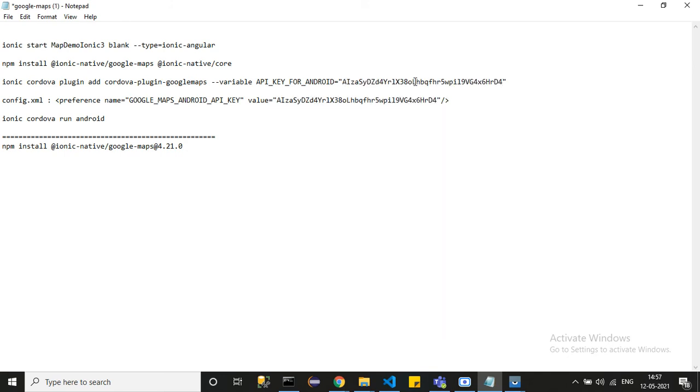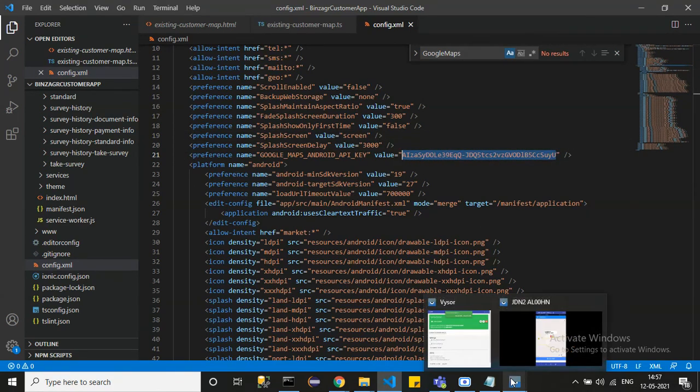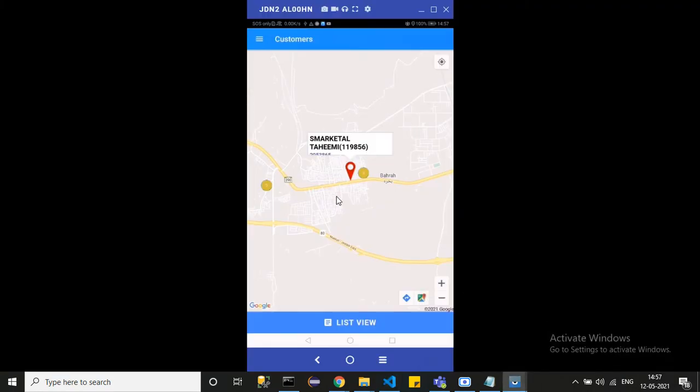Like this, you have to add the Android API key, and then the same API key you have to add in the config.xml, which is here. Here you have to add it. And in this way, you can create your first Google Map.